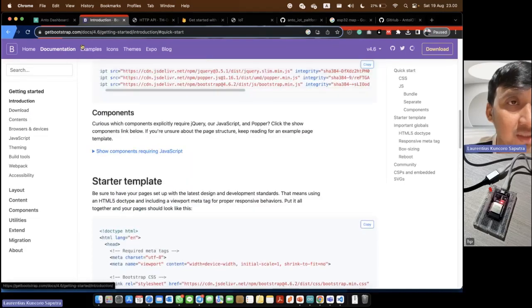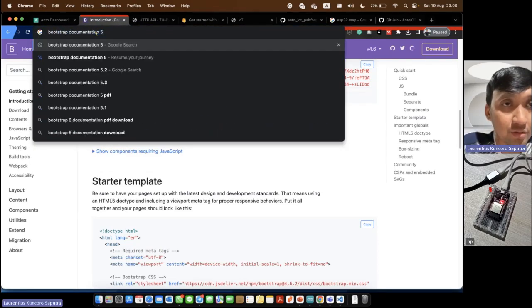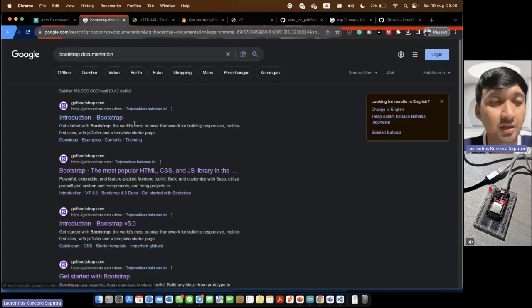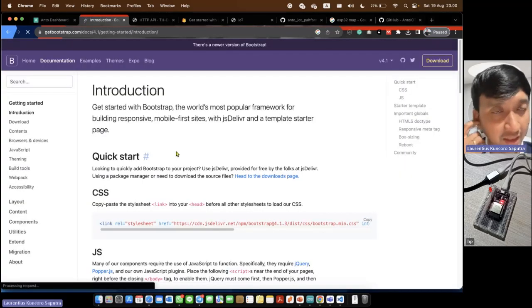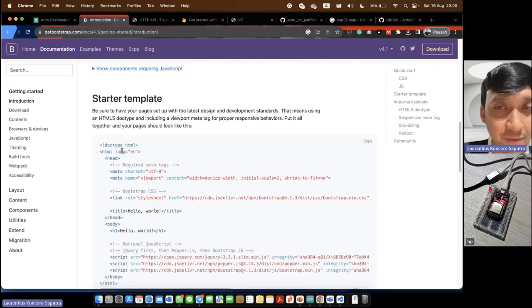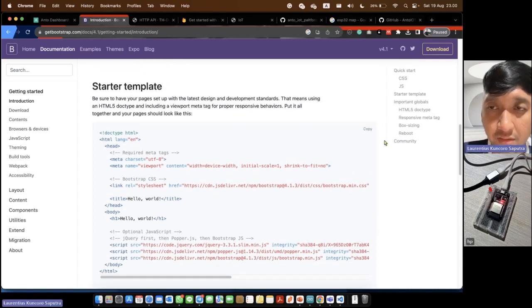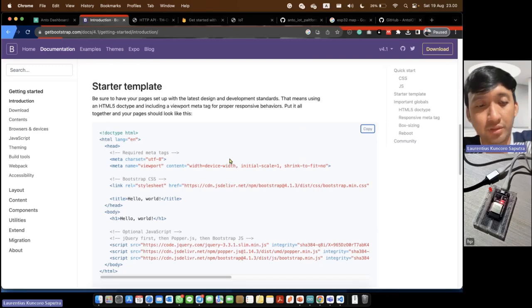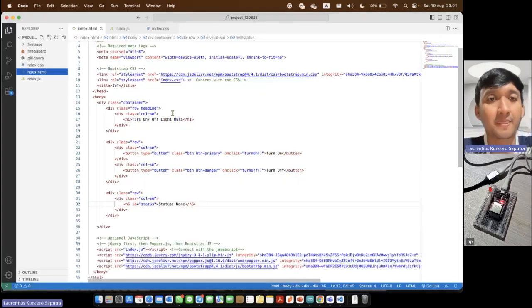You can search in Google for Bootstrap documentation. This one, introduction. You can click here, scroll down, and this is the starter template. You can copy this one and put it in Visual Studio Code.